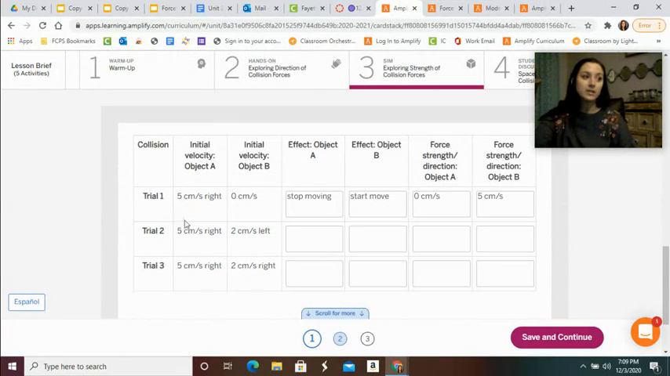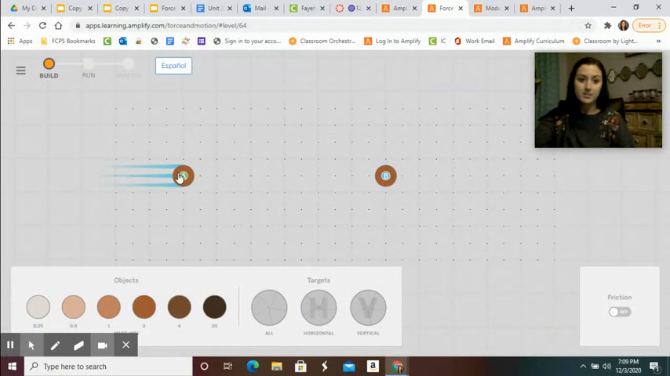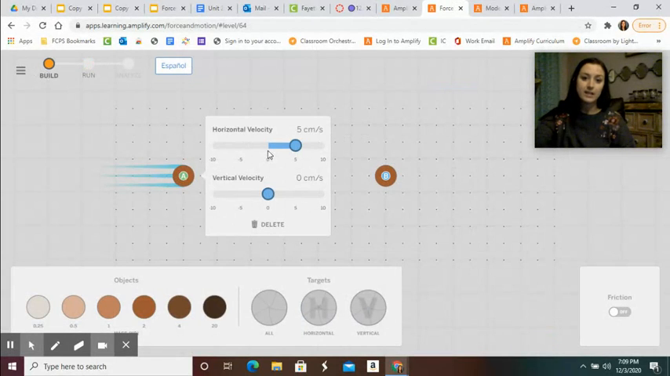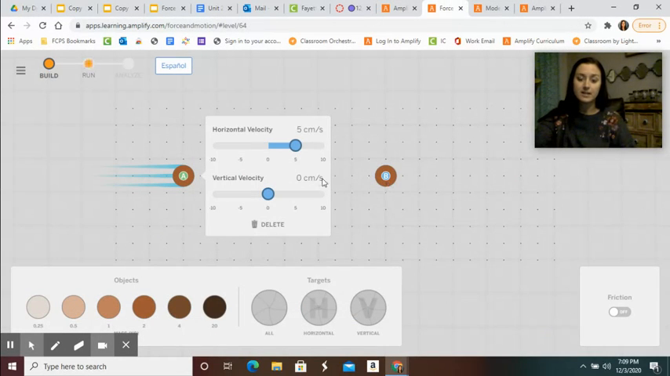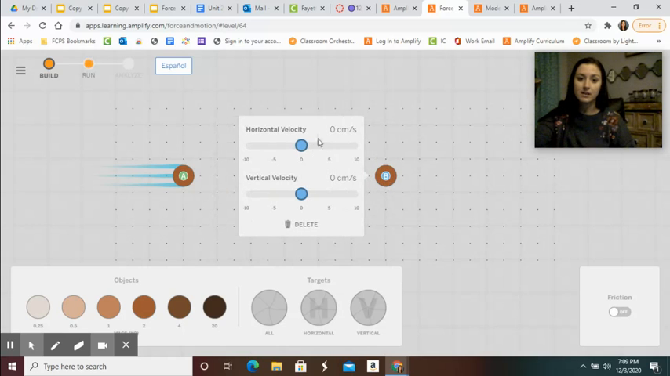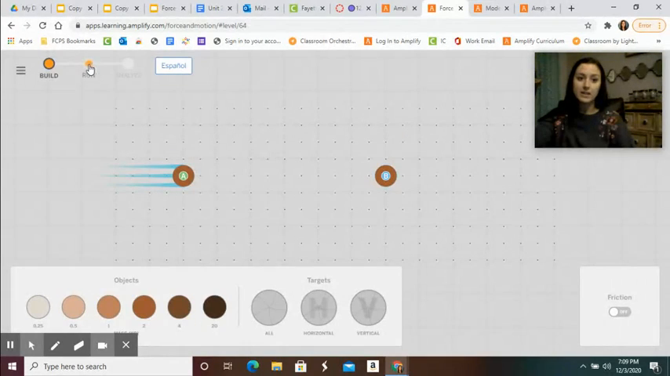So trial 1 shows that object A needs to be moving 5 centimeters per second to the right. So you'll go here and click on object A, and you'll see it is moving already 5 centimeters per second to the right. And then object B is not moving at all, so it's at 0. So you can see here, click, it's already at 0. Then you will run it,